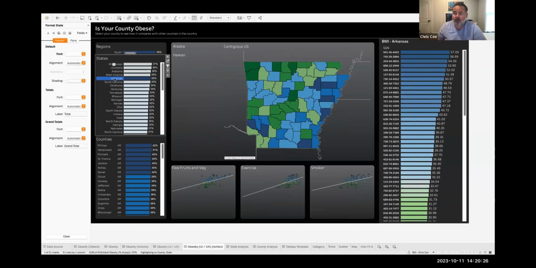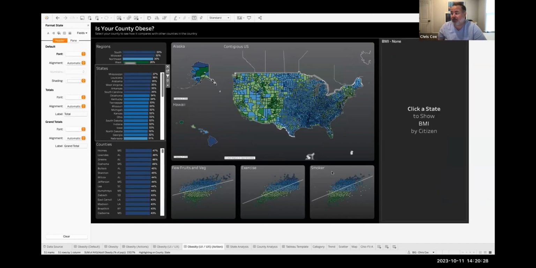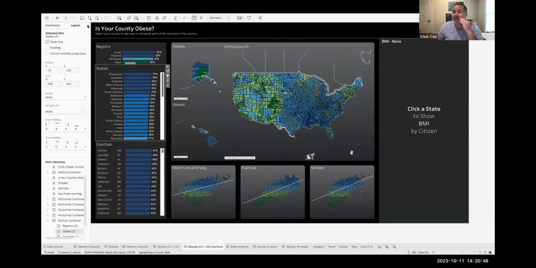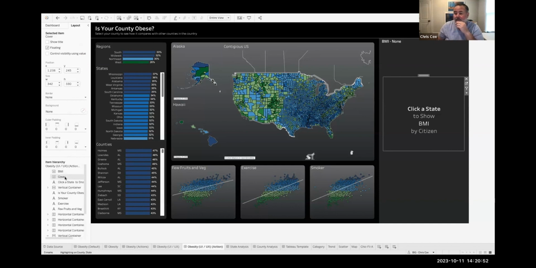And the other two pieces to it: I like to have a little bit of text to tell you what's going on, because sometimes showing up at a dashboard and having an area that's blank doesn't make sense. You saw me passing data to both the BMI sheet and to cover. Cover is a field that looks like this.